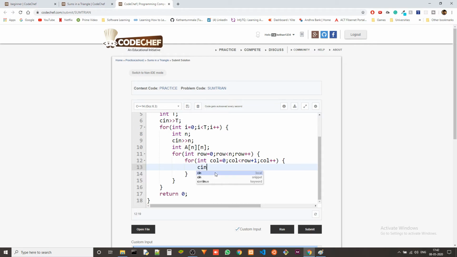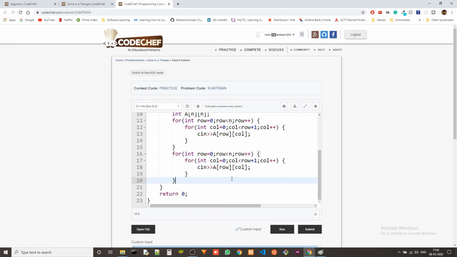Now let's just take in the value and put it in A of row and column. So we are taking the input in this whole loop, right? Now we have to process it. For that, we'll again need 2 loops, just like this, since it is a 2-dimensional array.